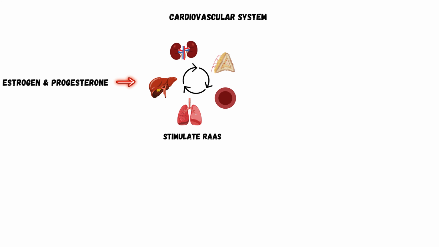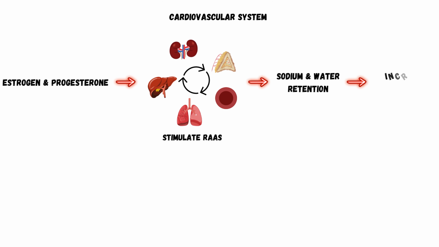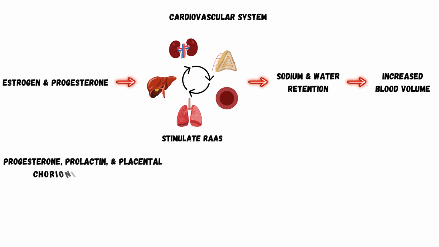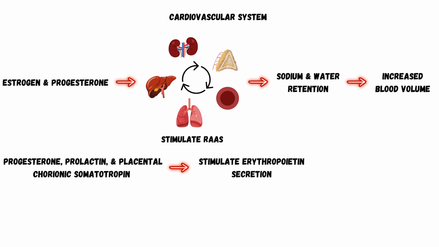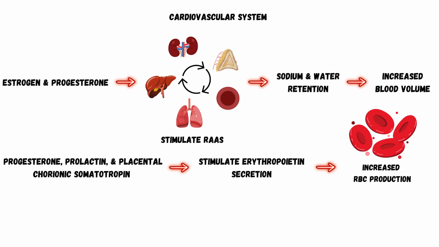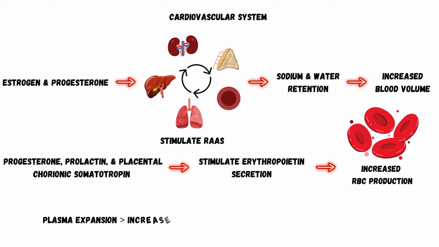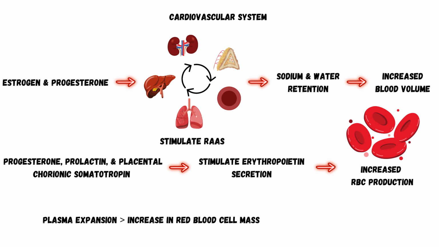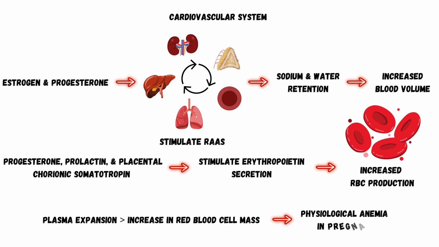Let's talk about the cardiovascular system next. Estrogen and progesterone hormones stimulate the renin-angiotensin-aldosterone system, leading to sodium and water retention and increased blood volume. Progesterone, prolactin, and placental chorionic somatotropins stimulate the secretion of erythropoietin hormone, leading to increased red blood cell production. However, as the plasma expansion is greater than the increase in red blood cell mass, women develop physiological anemia in